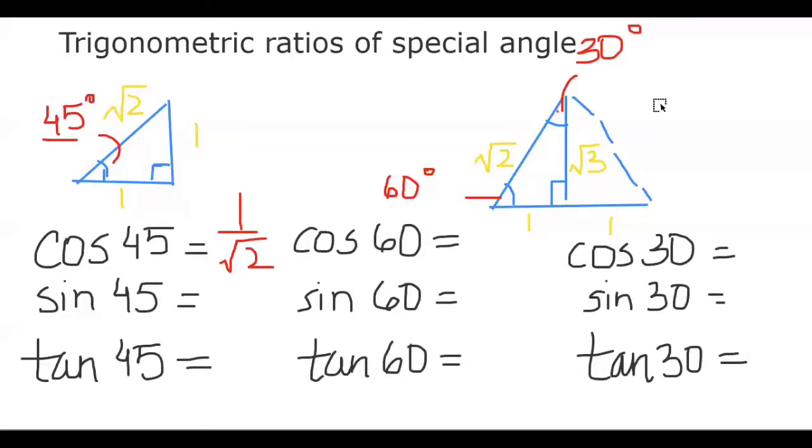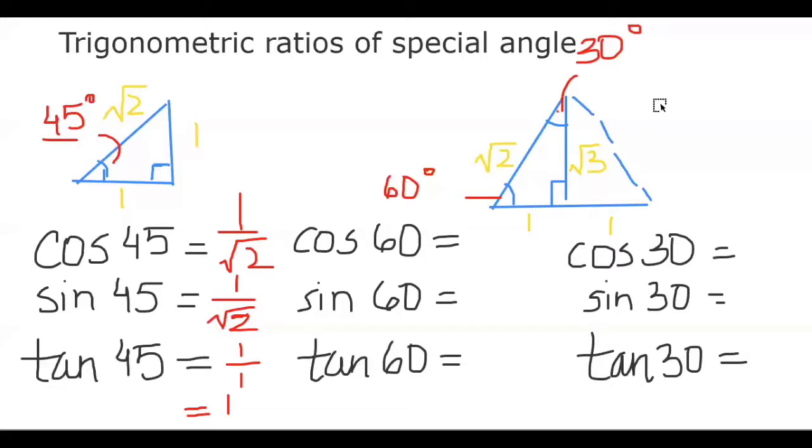Similarly, when we take out the sine of 45 and tan of 45, it will be as follows. Now we can see that sine of 45 is the same as cos of 45, and tan of 45 is 1 because it doesn't include the hypotenuse at all. Since cos 45 and sine 45 are equal, this tells us that 45 is a complementary angle, and complementary angles, as they both add up to 90, can have a similar value. We're going to look into this a little bit later as well.